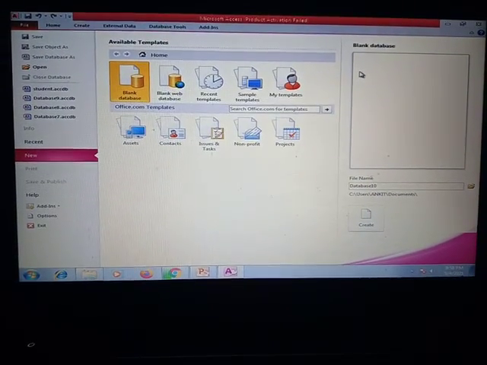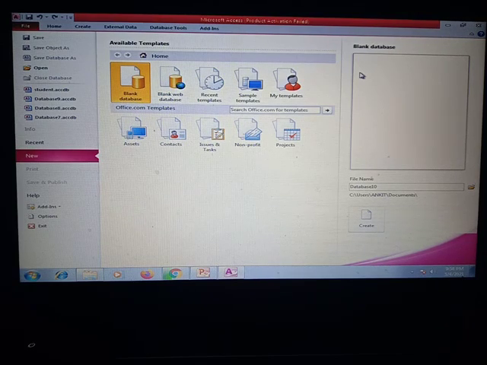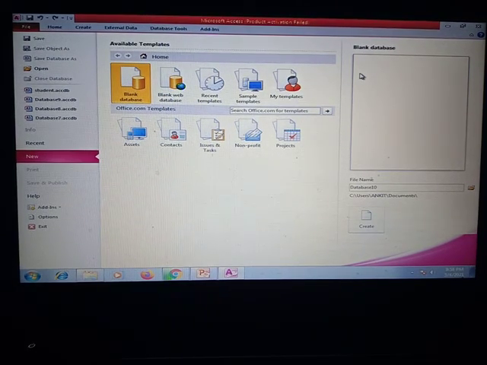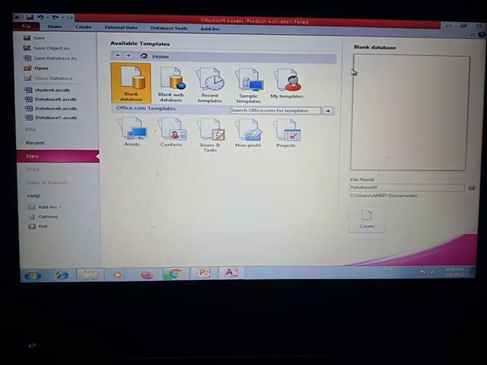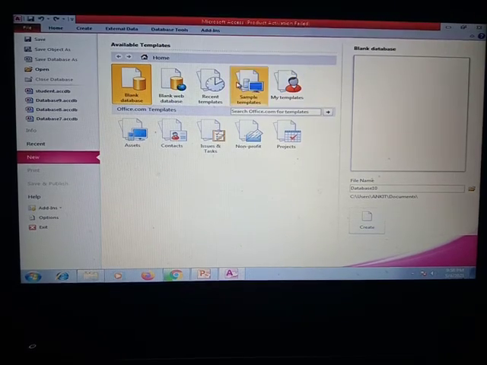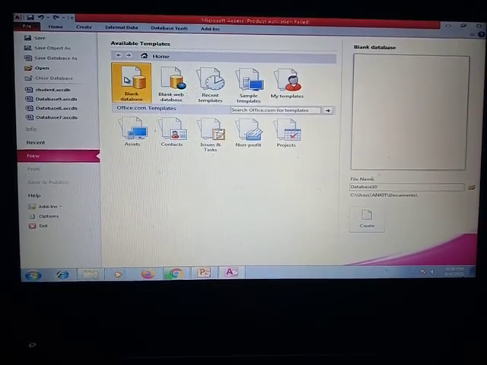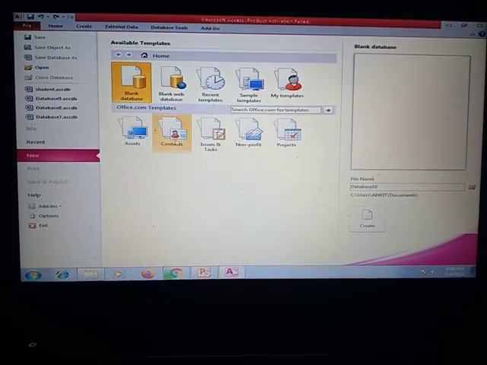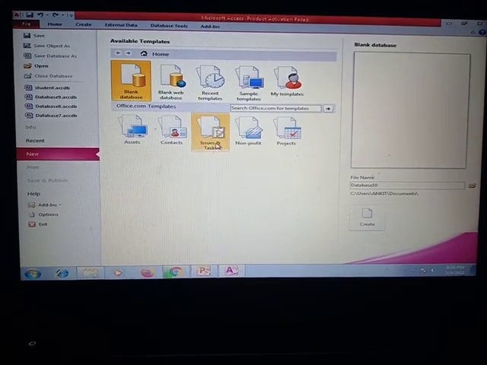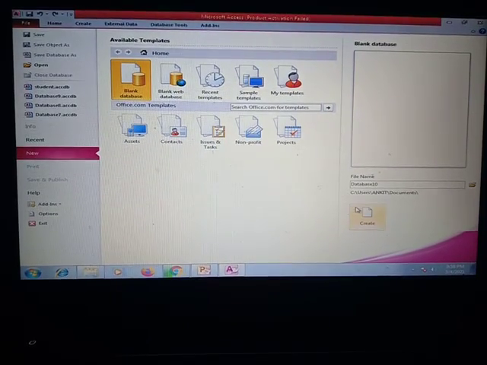As I told you about the forms and the tables, in a form we can have the database. If we need a blank database, we can choose blank database, or we can make a form.